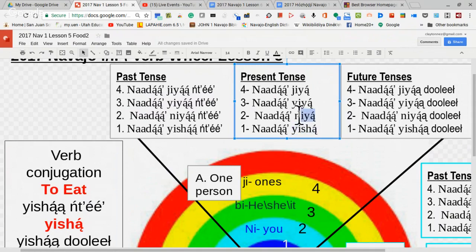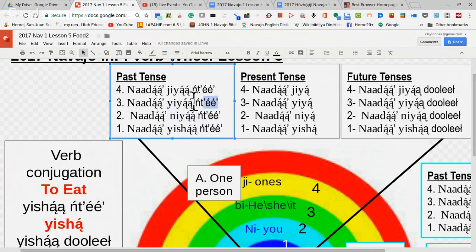Yisha, Niya, Yiya, and Jiya. And you just add the word "and" to it. So the first one again is Nada Yisha. He's right there. But then you add a little A: Nada Yishand, and Nada Niyand,